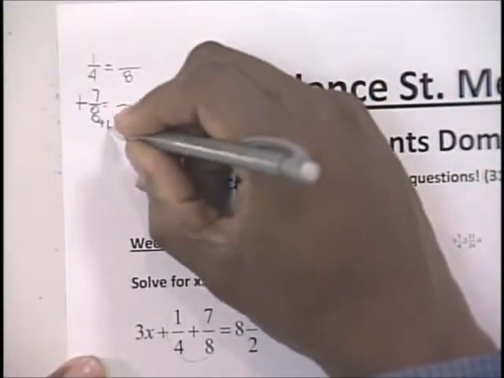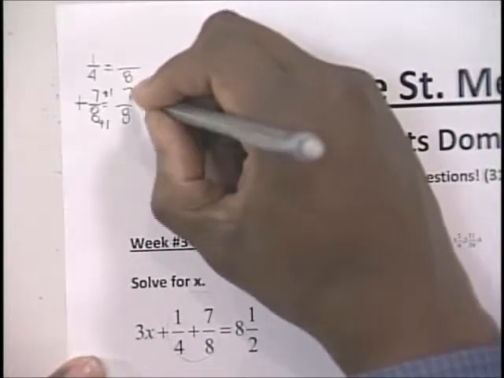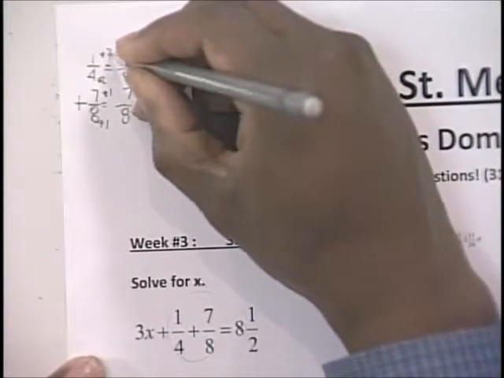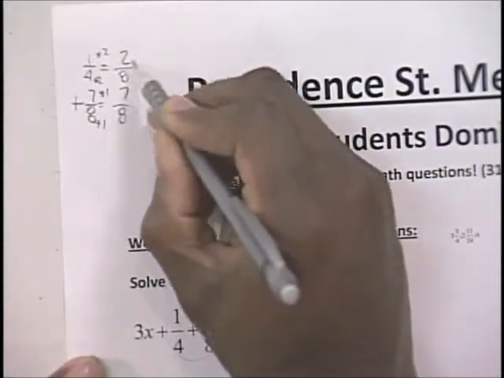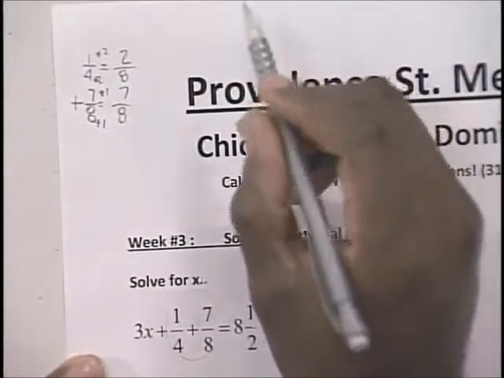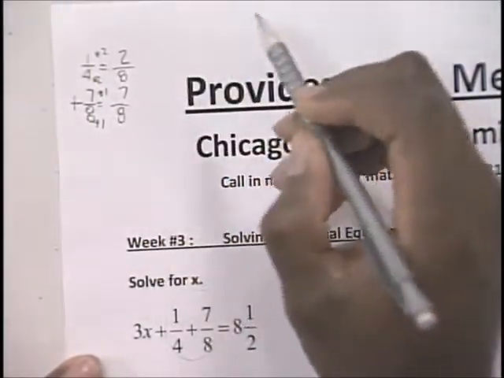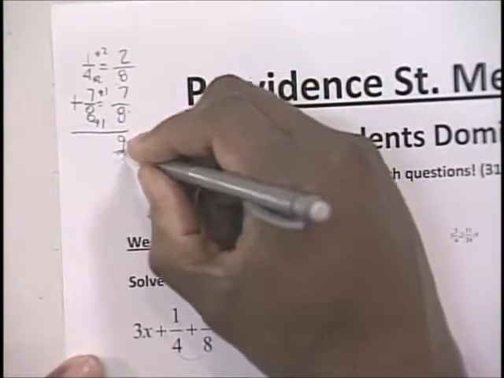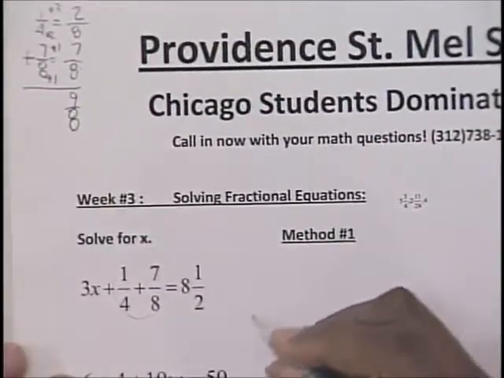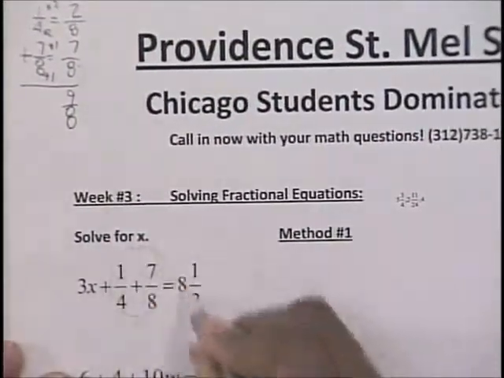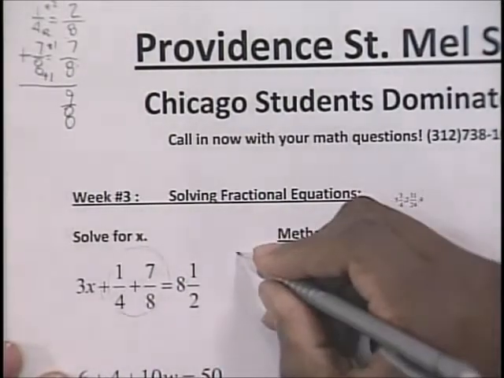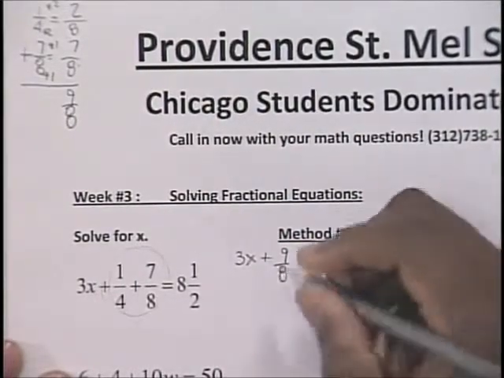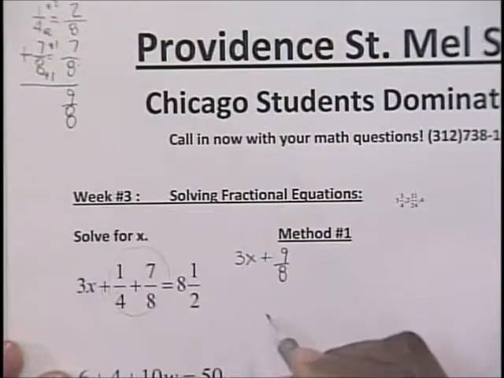All right, so you multiply this by 1 to get 8. You multiply this by 1 to get 7. You multiply this by 2 to get 8. And you multiply this number by 2 to get 2. There's no difference between 1/4 and 2/8. It's the same value. You add these fractions together and you get 9/8. So now we combine these two like terms, and you're left with 3x plus 9/8, because 1/4 plus 7/8 is 9/8,